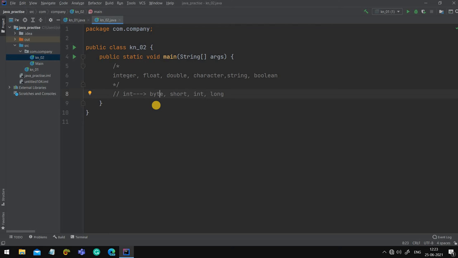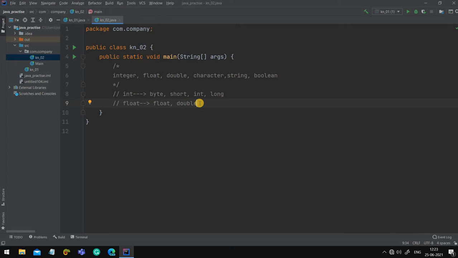Okay, now let me tell you something about float. Now let's know about float. Float also has two types, like we can say floating data types. One is float only and another is double. Both of them store decimal values. But float has a smaller range, double has a bigger range. Float is using 32 bits, double is using 64 bits.